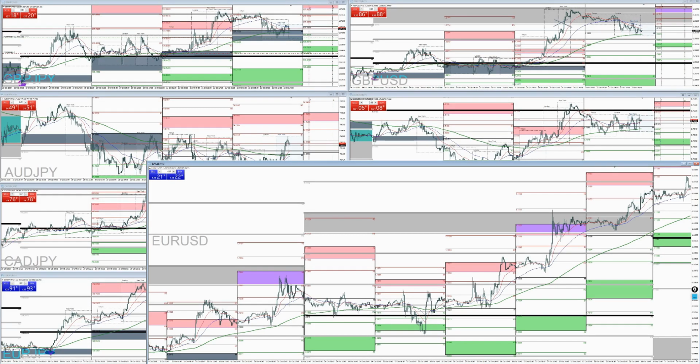So let's go ahead and mark this. This is during the London session. Okay, I would have taken it right in here according to the system. My stop would have been down here, and it appears that I would have been stopped out on that one. So let's go ahead and mark that stop out with spread down to S1. This is where I would have been stopped out, so we would have been down minus 32 pips on that one.